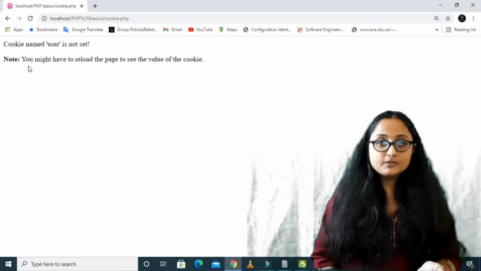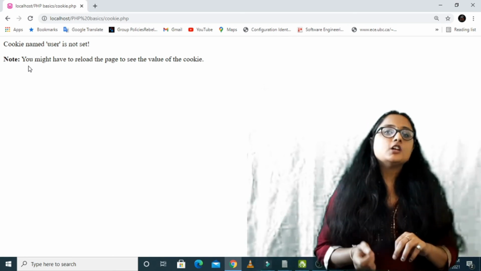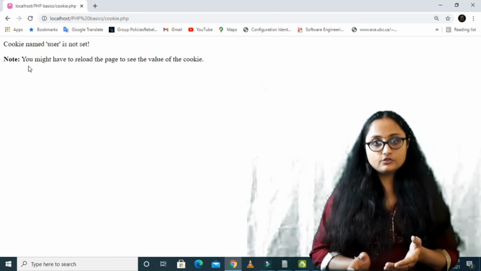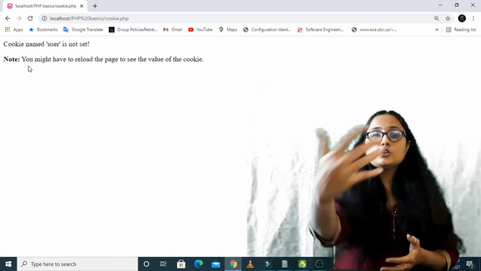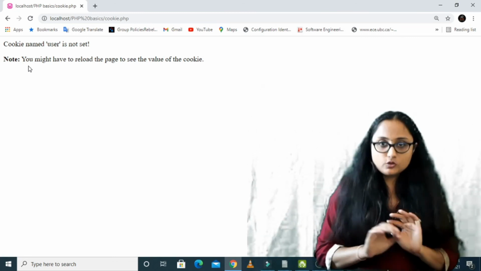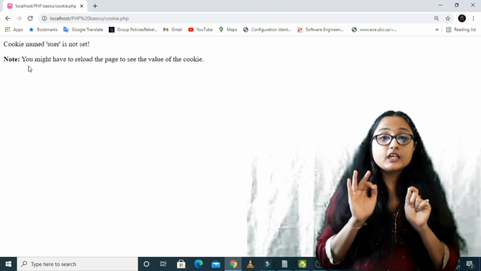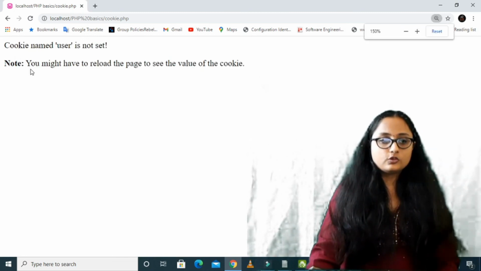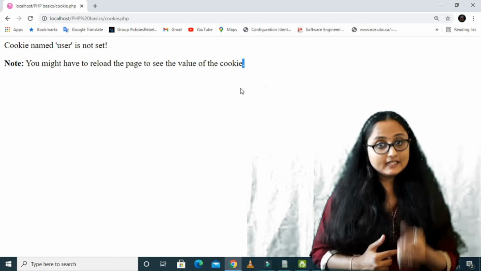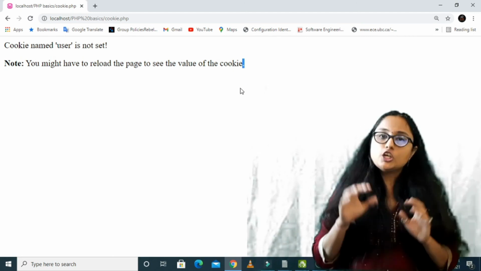When will this cookie be set? Because the first time when you are setting the cookie, basically it is requesting the server to send the response of the cookie. So the first time the cookie will not be sent, but if you reload the page, here I have written the note, you might have to reload the page to see the value of cookie. So the second time when you reload the page, your cookie value will be stored into your browser, and you will be able to see the value of cookie.